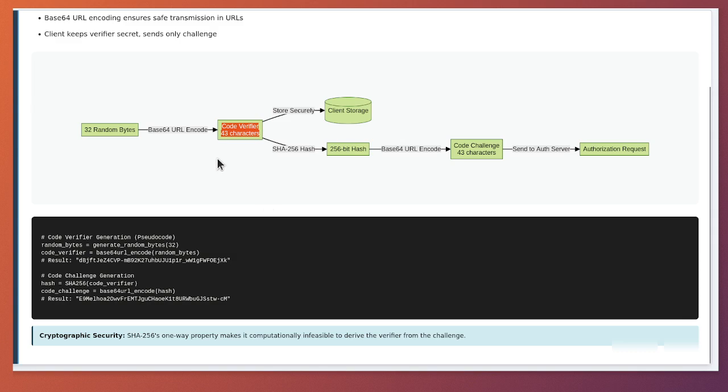The PKCE specification defines two methods for creating this challenge: plain and S256. The plain method simply uses the code verifier itself as the challenge, but this provides no actual security benefit and should never be used. The S256 method, which is the only method that should be used in practice, creates the challenge by first computing the SHA-256 hash of the code verifier, and then base64 URL encoding the resulting hash